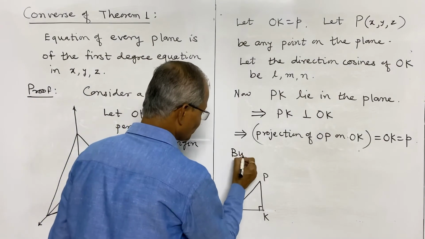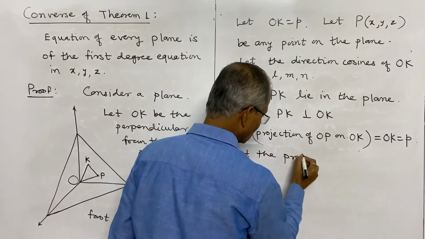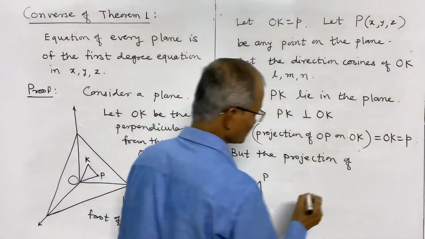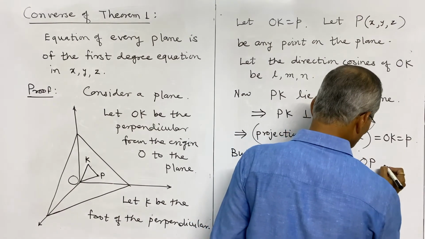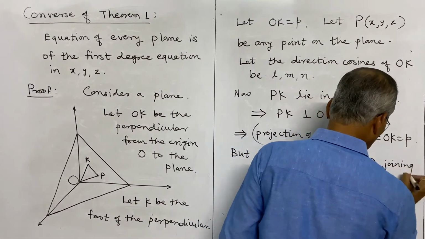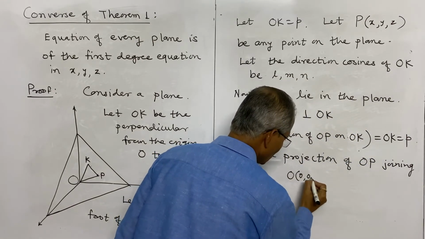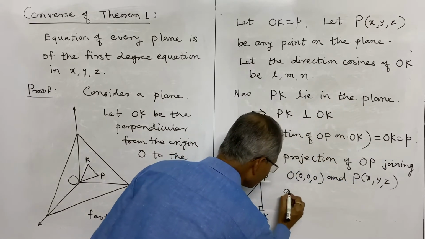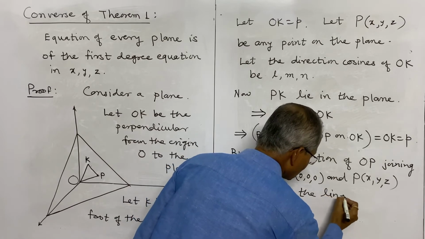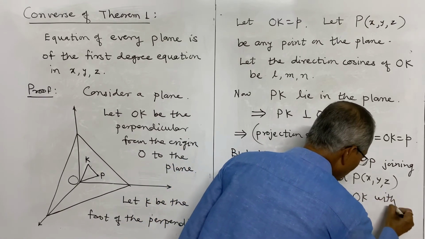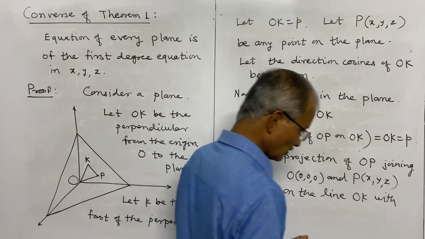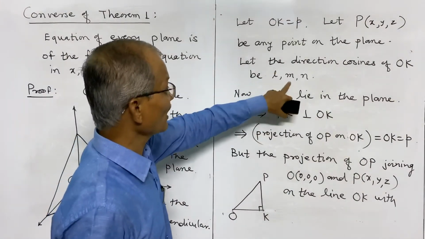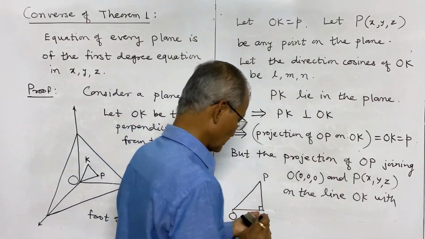But the projection of OP, joining the origin O (0, 0, 0) and P (x, y, z), on the line OK with direction cosines. The direction cosines of OK we have written as L, M, N. So with direction cosines,